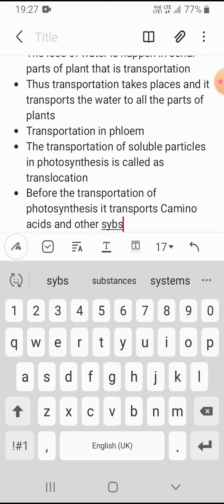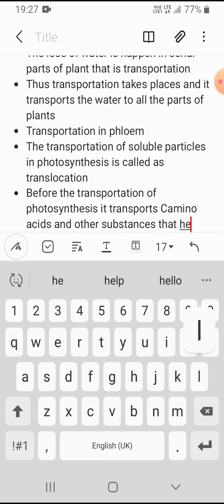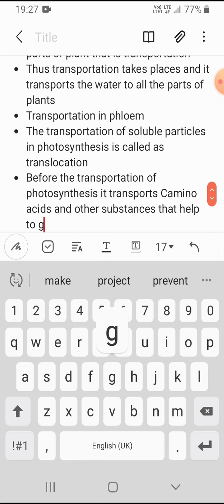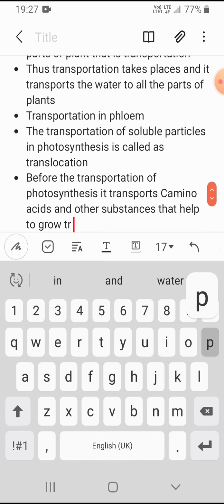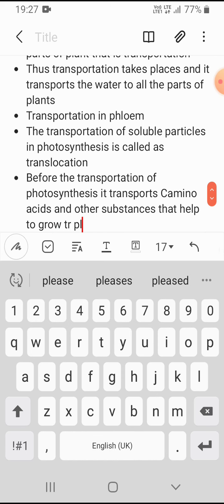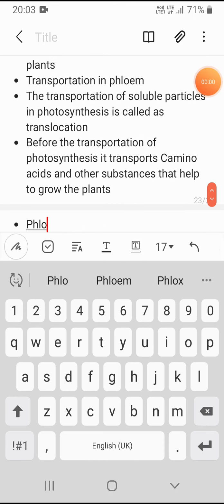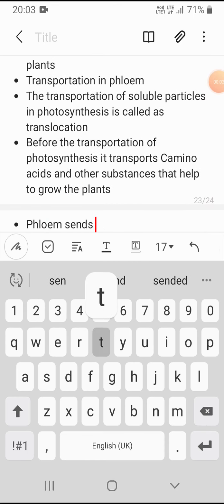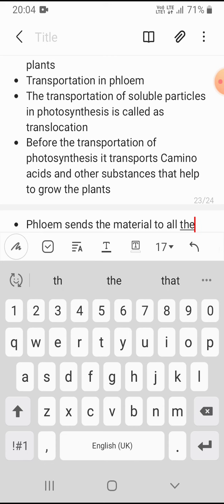It transports substances that help to grow the plants, and sends the food material to all the parts of plants